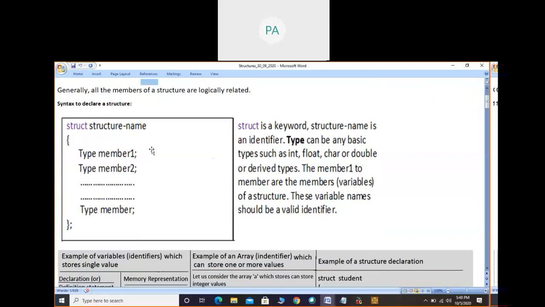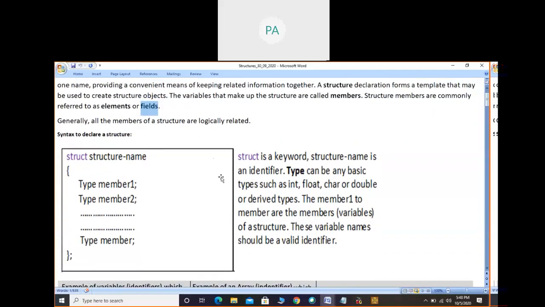So this is the general format, or we can say syntax, to declare the structure. Struct is a keyword here. Structure name, opening brace, type member 1, type member 2 up to member n, closing brace,